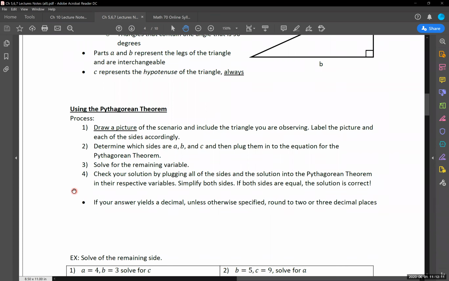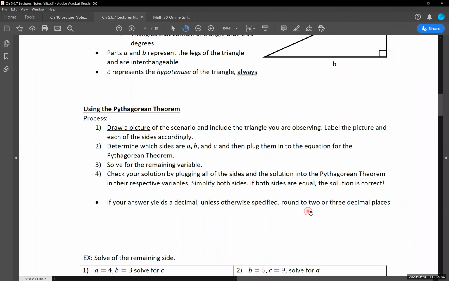And again, on the final exam in all of these, I will be specifying to you guys, or doing my best to specify, round your final answer to 2 or 3 or however many decimal places. Because most of these answers are going to have decimals showing up in them, which is okay, that's fine. And I don't want you guys having to guess at, well, does he want it to 1 decimal place, to 2 or 3? I will specify that for you guys as best I possibly can.